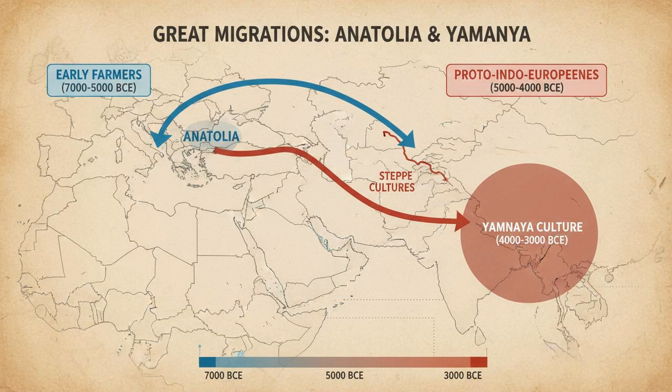But the breakthroughs of 2024 and 2025 finally solved this paradox by identifying a ghost population. Geneticists and linguists realized that the Yamnaya themselves were a mixture. They were formed from the merger of Eastern European hunter-gatherers and a population from the Caucasus. The recent studies pinpointed a specific group living between the Volga River and the Caucasus Mountains around 4500 BCE.